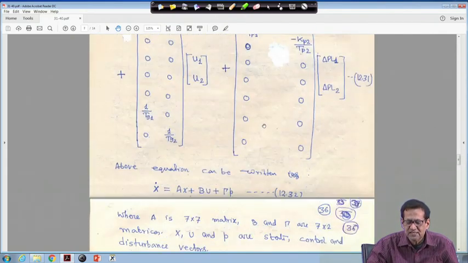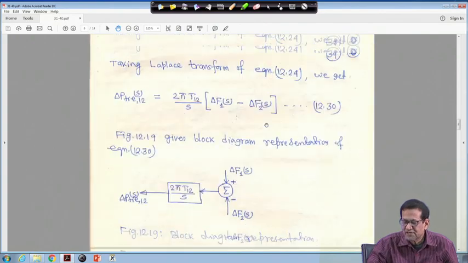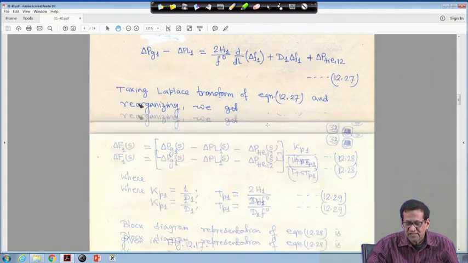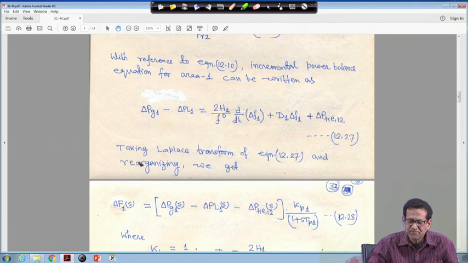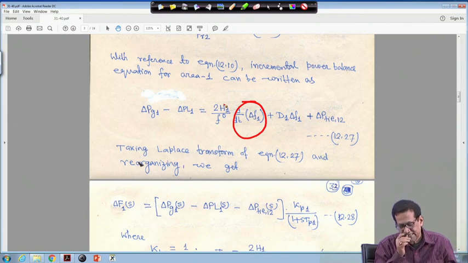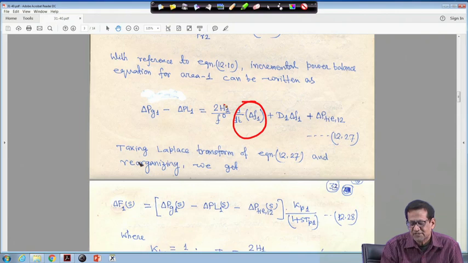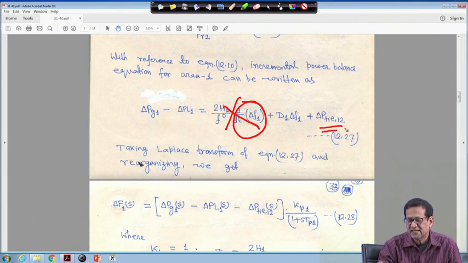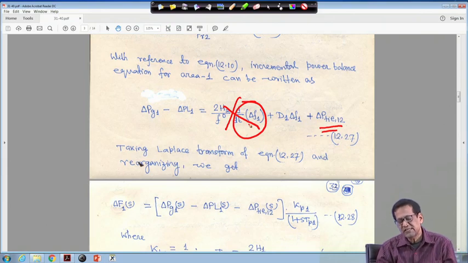So, if we come back to this equation, you will find that at steady state this term will be 0, right. For area 1 this term will be 0. So, in the delta Pg1 minus delta PL1 equation with H1 upon F0, this term will not be there, but other things will be there: delta Pg1 steady state minus delta PL1 is equal to d1 delta F1 steady state and delta Ptie12, but this term will be 0. Similarly, for area 2 also d/dt of delta F2 is equal to 0. If it is so,